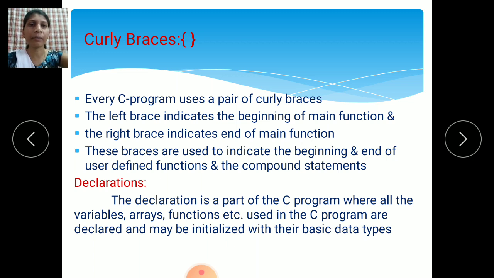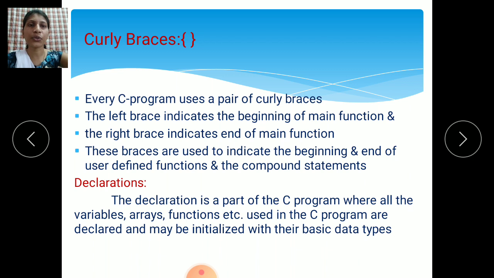The left brace indicates the beginning of the main function, where execution of the C program starts. The right brace indicates the main function has ended, meaning execution of the main function is ending.